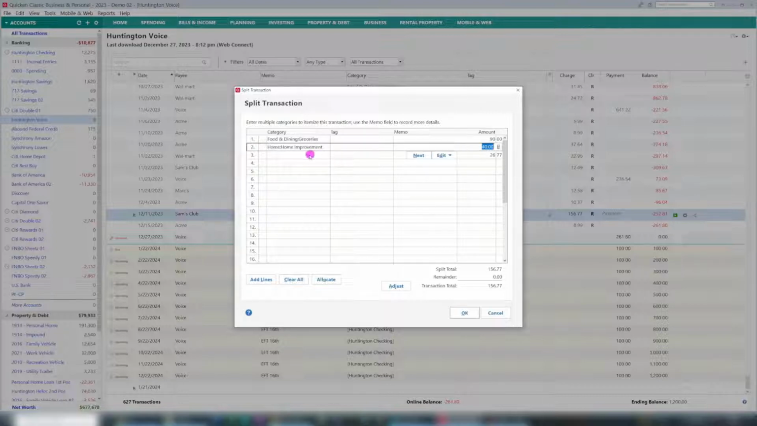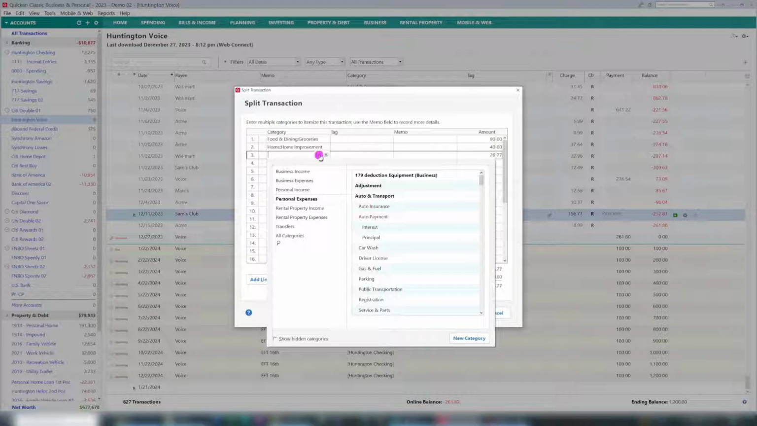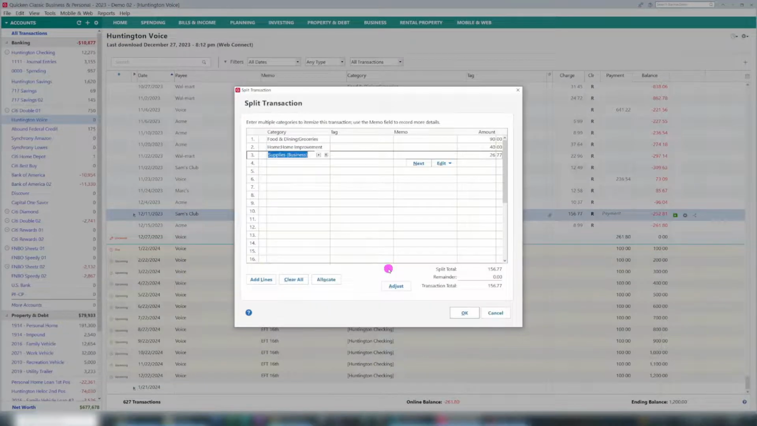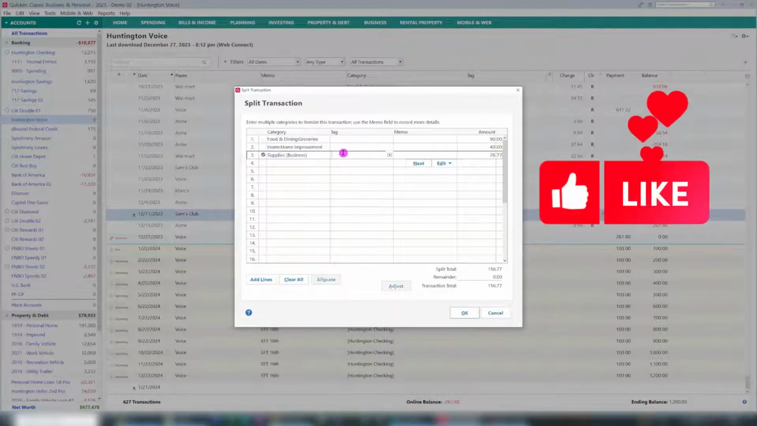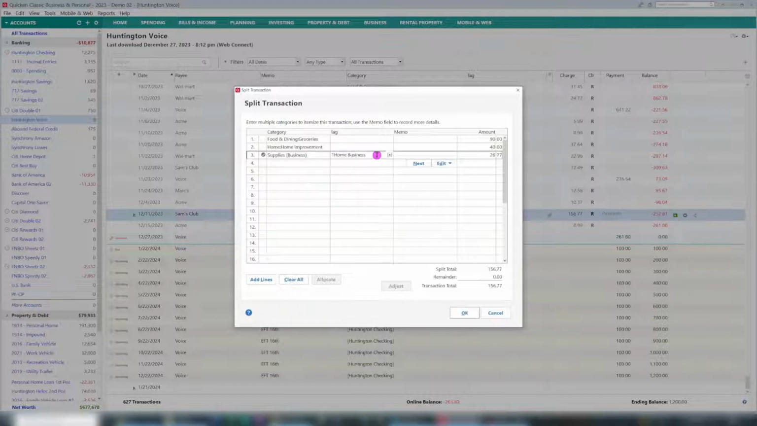So there may be $20 of cleaning supplies for your home business. Select the number 3 category box, and then the down arrow, and select or type the new category you want. Now we're going to use the tag column to associate this with your business, and this is going to help when you do your taxes. So enter $20 in the amount box, and you can put the remainder under miscellaneous,